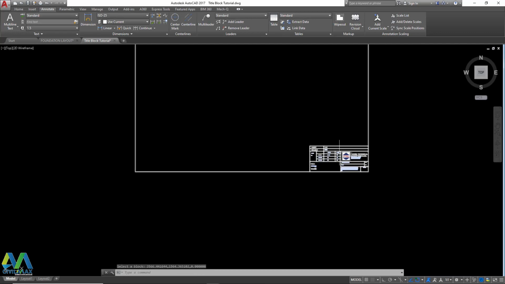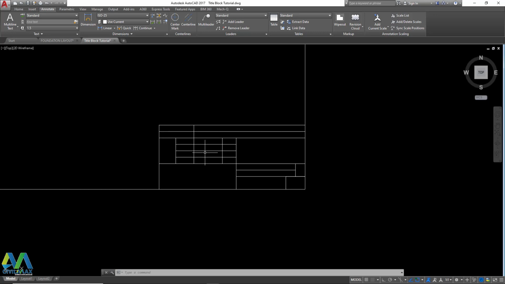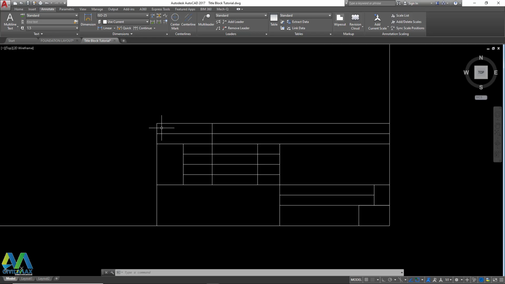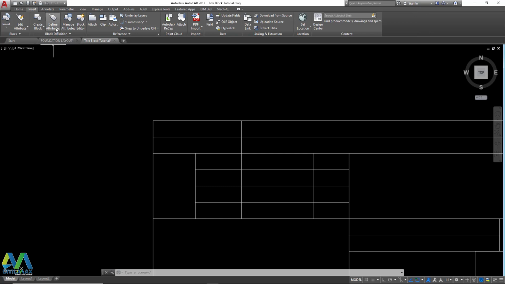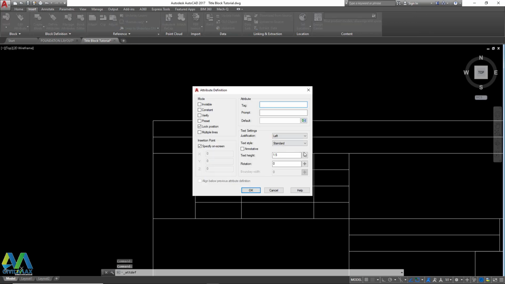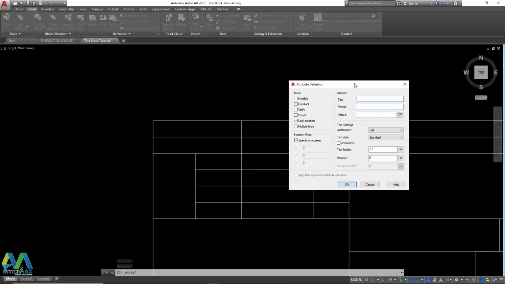Now I'll do a fresh one so that you see how it is done. We'll go straight away and start feeding in our attributes. I'll come to insert here and click define attributes right there, and from here I first want to feed in the attribute. I'll type in the client